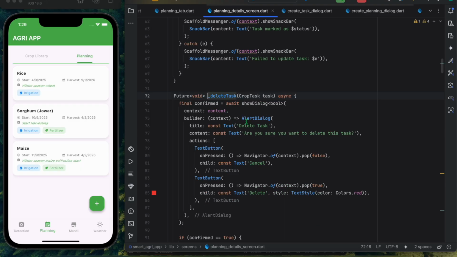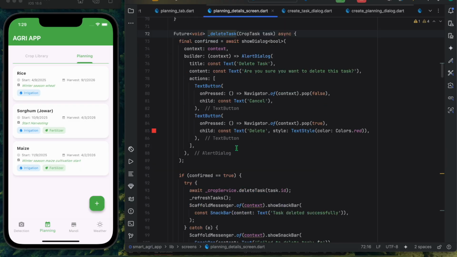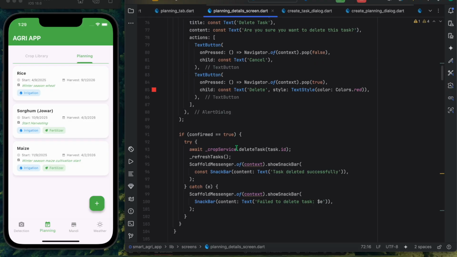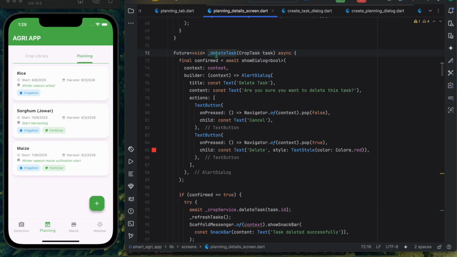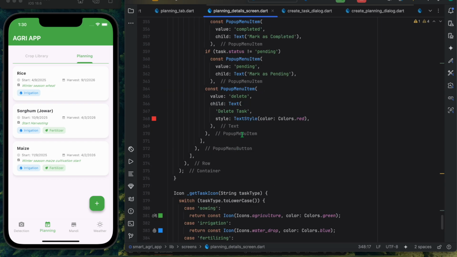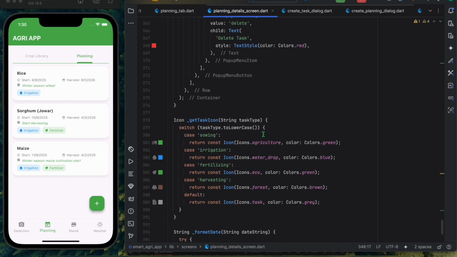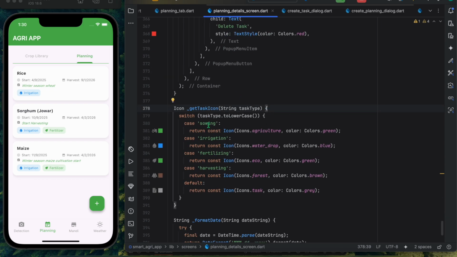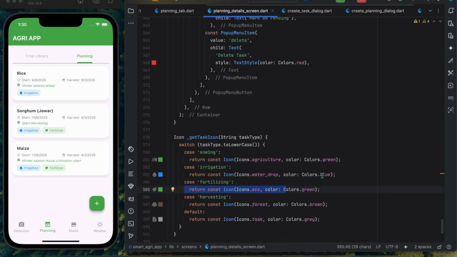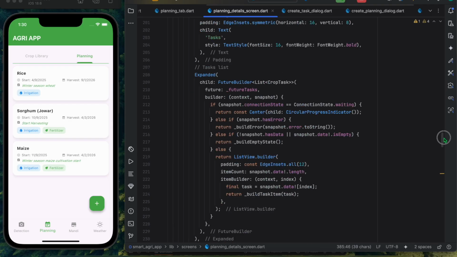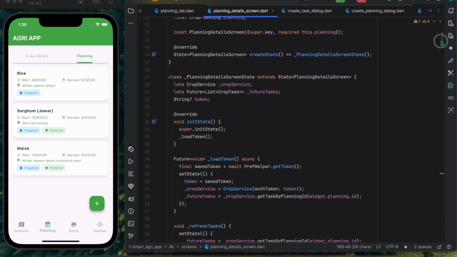If you see delete task, here it will ask. Similarly, we already see that delete task. Okay, so now this is the get task icon. Based on some task icon, suppose it is sowing, we simply display this icon. If it is irrigation, we display this icon. If it is fertilization, we display this icon based on that. Okay, and the task type, we display the task type